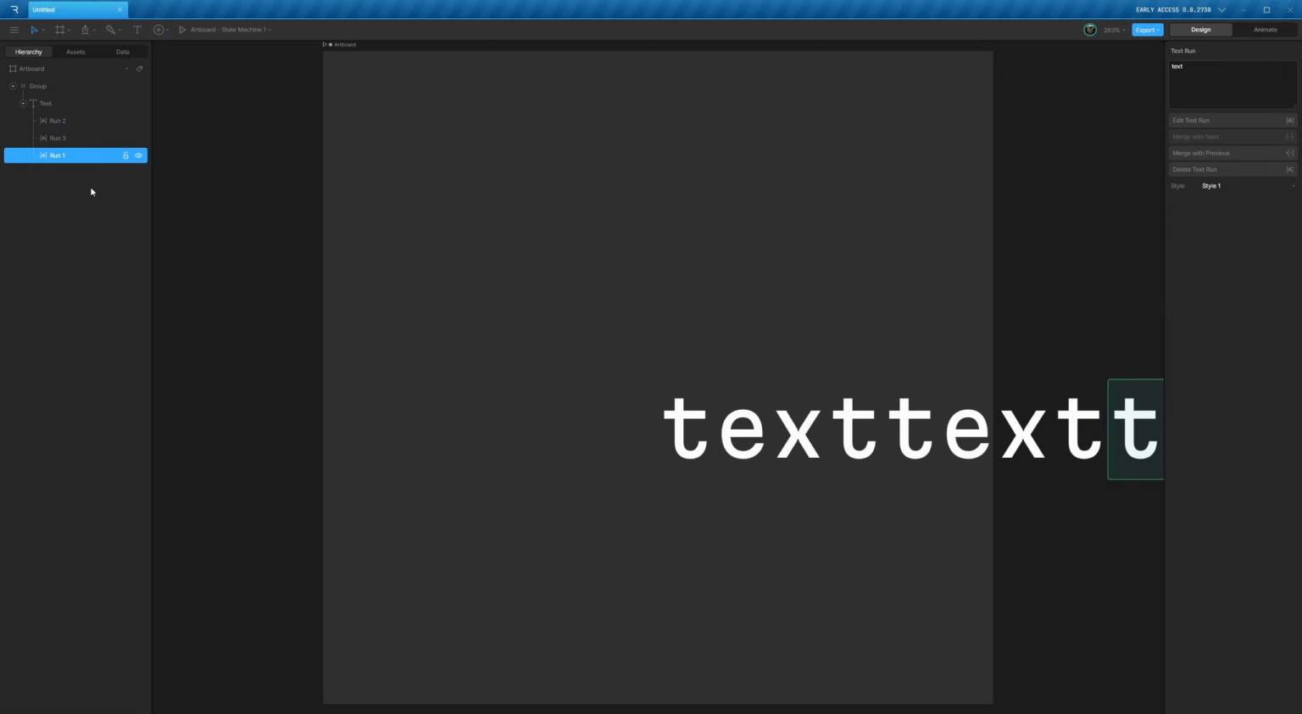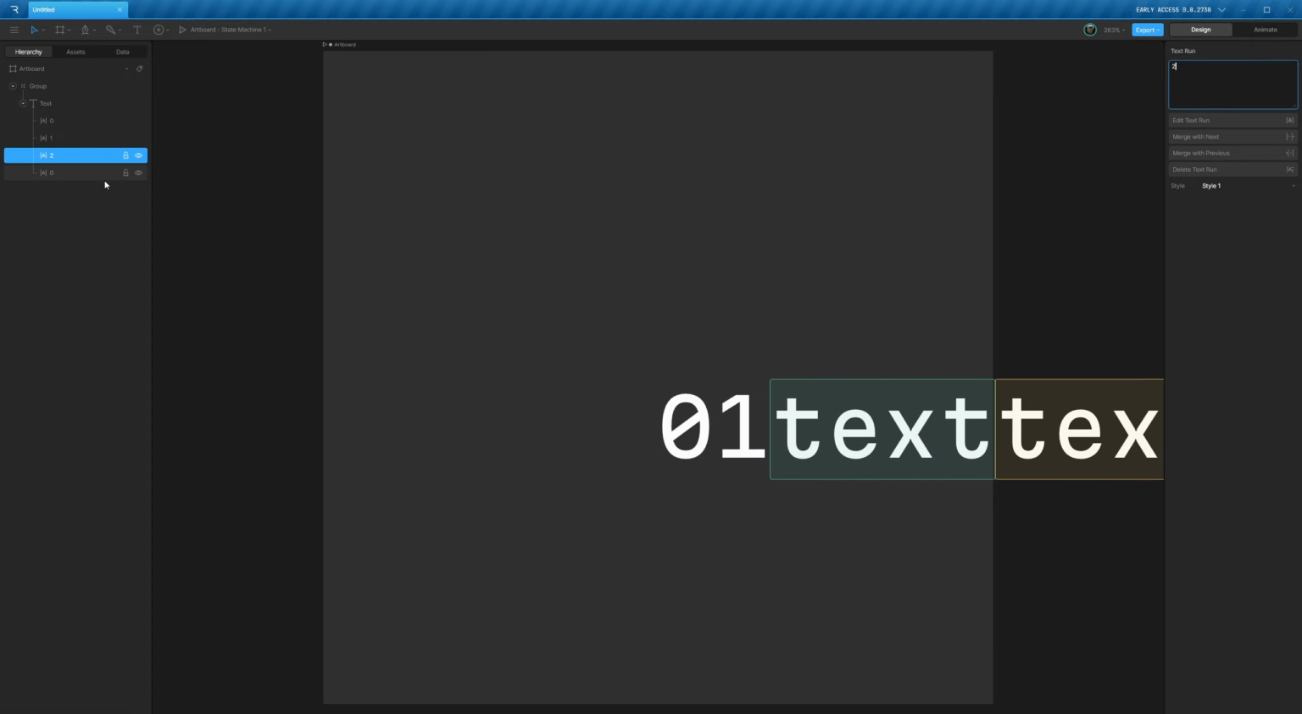Within the text component, duplicate the existing text run until there's 4 of them. Why only 4? Because I'm going to make a simplified spinner that only shows 0, 1, and 2 to not make this tutorial drag on for too long. If you want more numbers, just use more text runs. Rename each text run to the number it represents and set its value to the same, starting with 0 and